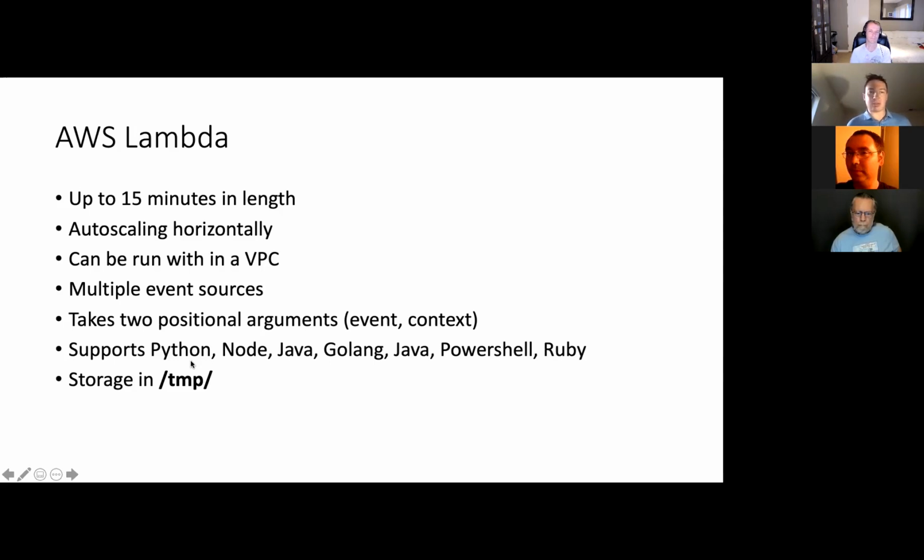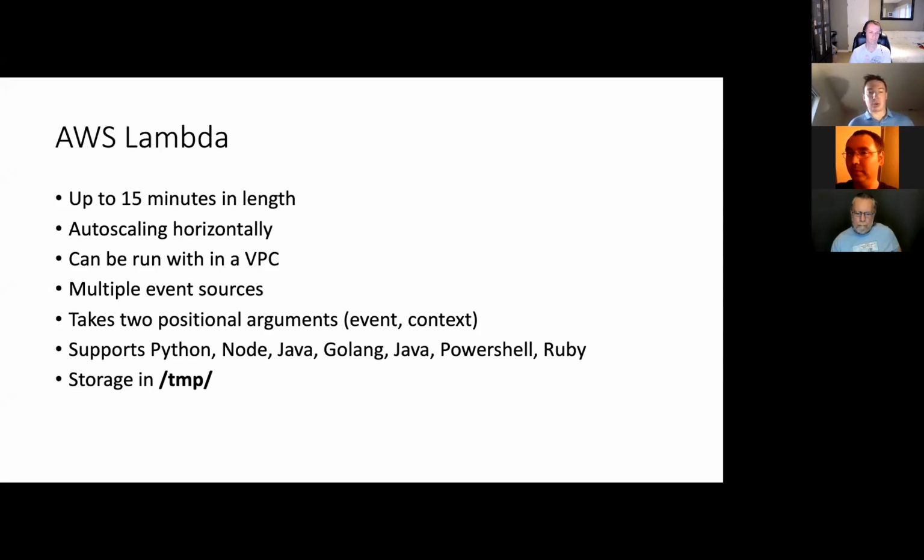You can have your Lambda function run up to 15 minutes if you want, but by default it runs a lot quicker. It usually times out after 5 seconds by default, but you can have a Lambda function run up to 15 minutes. It can run within a VPC, or virtual private cloud, so if you want to run a function and hit internal endpoints and not be exposed to the internet, you can do that.